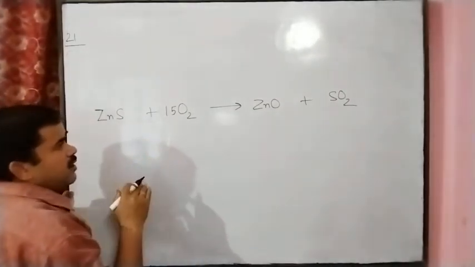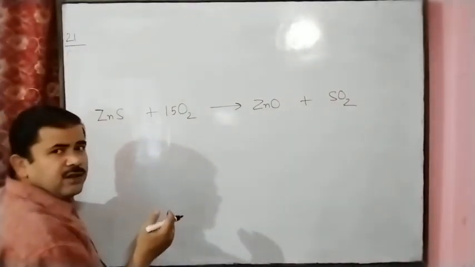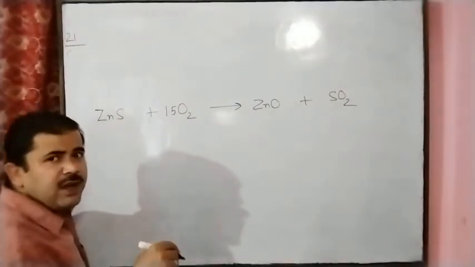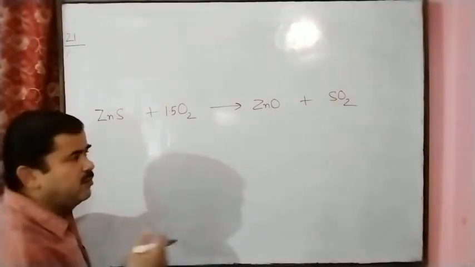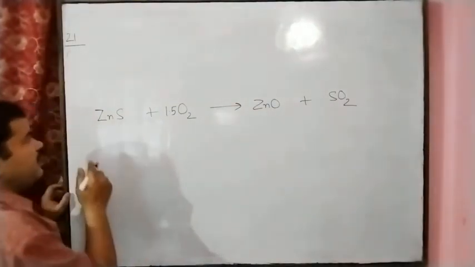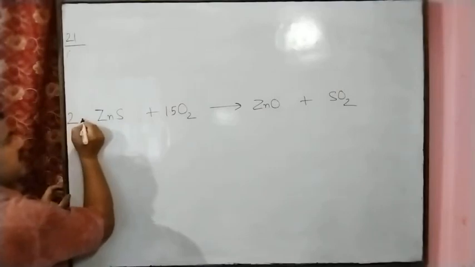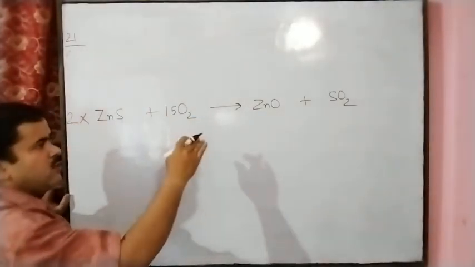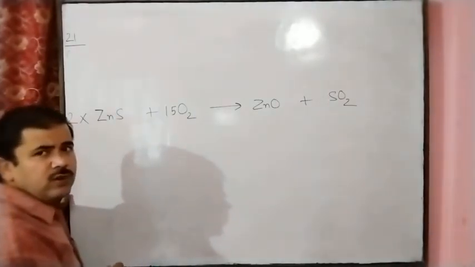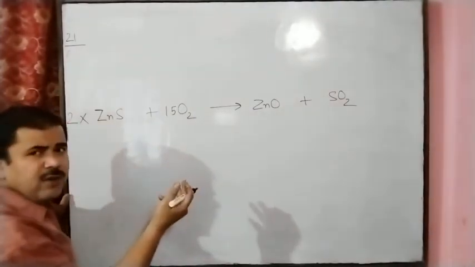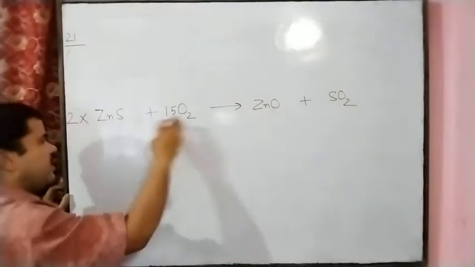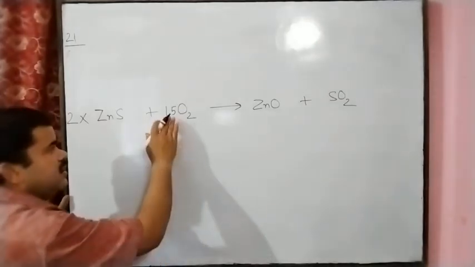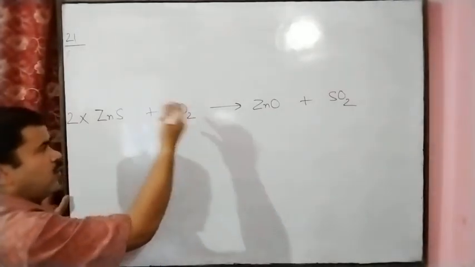So in this way we will change this equation into whole numbers. We multiply by the simplest number to change it into a whole number. Here we will take 2 as the simplest number for changing into the whole number, and the whole equation we will multiply by 2 because we are equalizing the number of atoms here. So the whole equation will be multiplied by 2 for changing this number into the whole number.